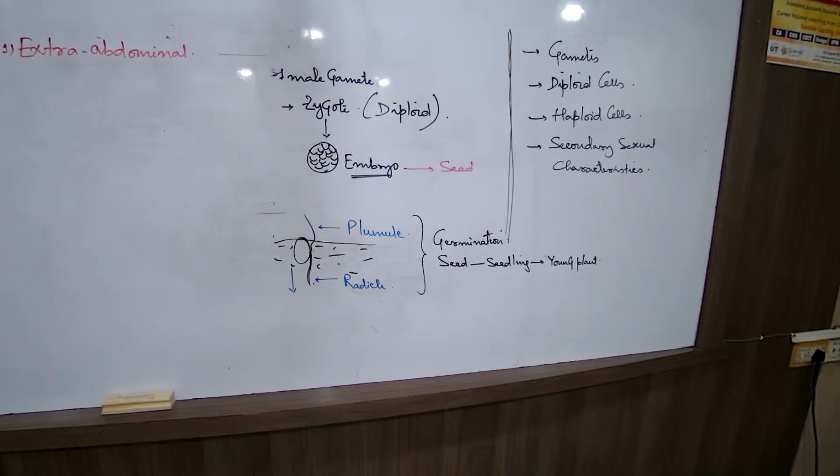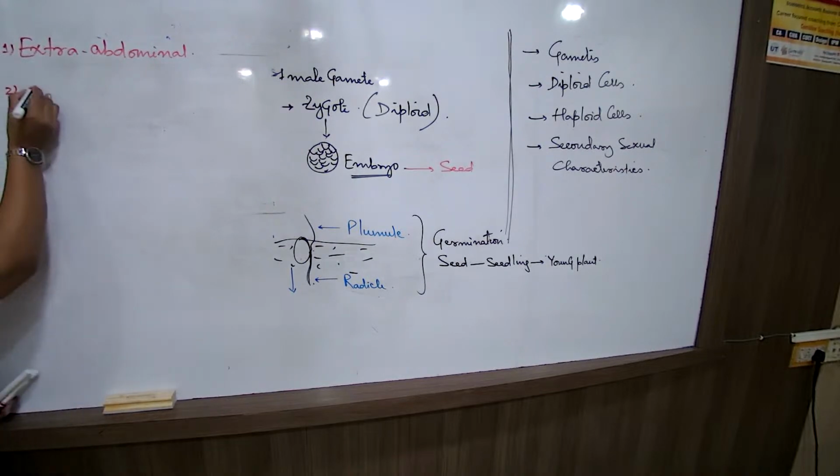The testis is extra-abdominal, meaning away from the abdomen. But what is the need? So that it can maintain a temperature 2 to 3 degrees centigrade lesser than the body. What is the body temperature? 37 degrees. That temperature is not suitable for formation of sperms. So in the male body, the testis is away from the abdomen, that's why. So that the temperature in the testis can be little bit lower than the body temperature so that the process of formation of sperms can happen. So that is the first thing that I'm mentioning. The first feature, testis is